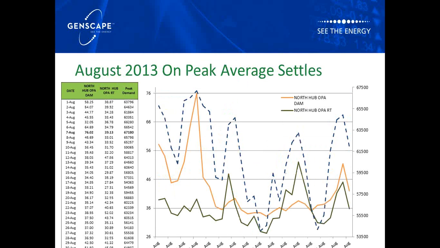And similar in August, we had extremely high day-ahead clears the first week of August, which I'm expecting again this year, given that's roughly when our strongest peak load days will be, which would ultimately have a bearish impact on real-time prices. So similar trends are expected for this year, with wider DART spreads the first week of August, and then as demand softens over the last couple weeks relative to the first week, we're more likely to see negative DART spreads take shape.